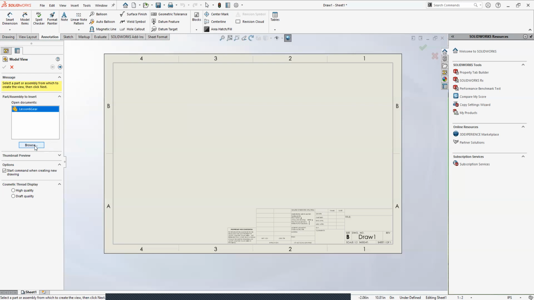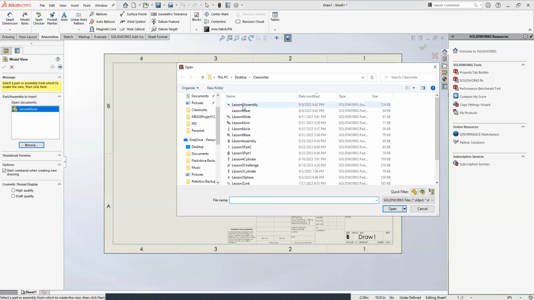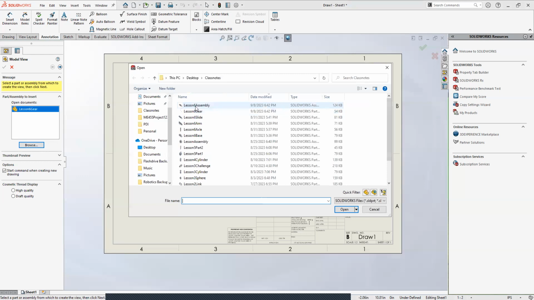Okay, so what we're going to do is click the browse button. I don't know if you guys can see the pop-up I just got, because I know screen sharing can be kind of weird with Zoom. But when you hit browse, it should open up just your files. What you're going to want to do is look for the gear part that we used in the last lesson. It should be labeled lesson 6 gear. I'm not sure where you guys saved it, but